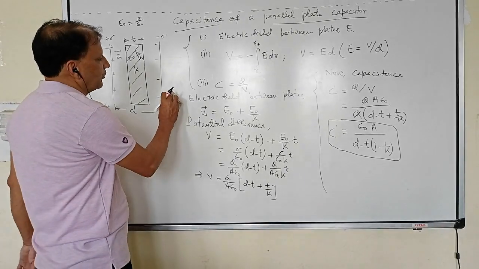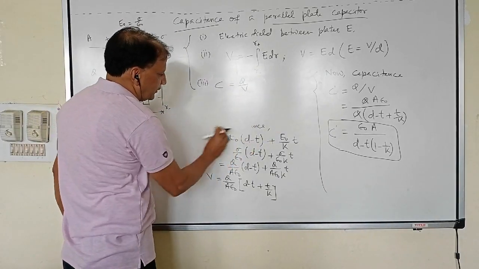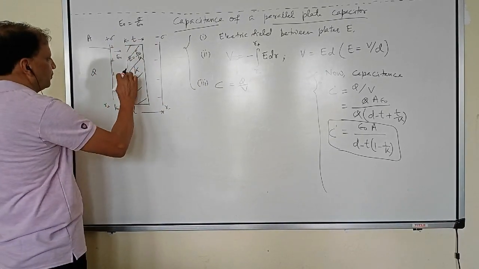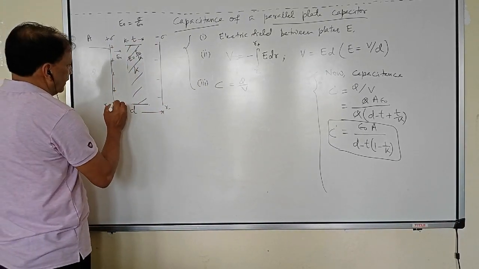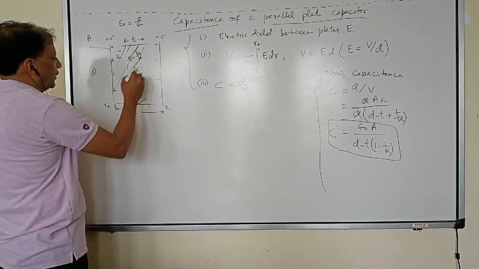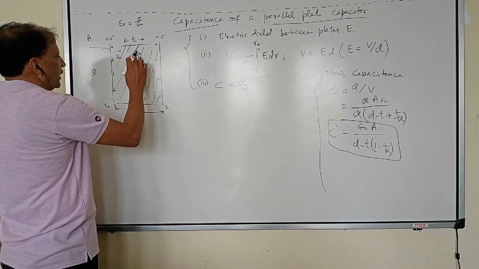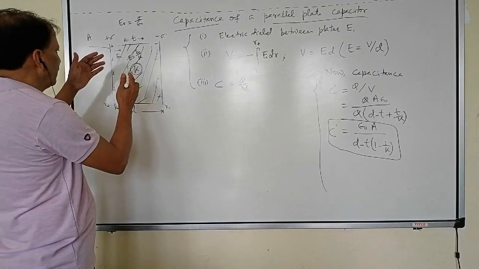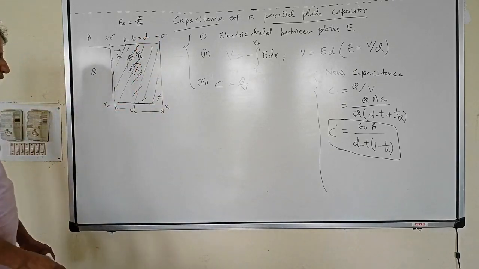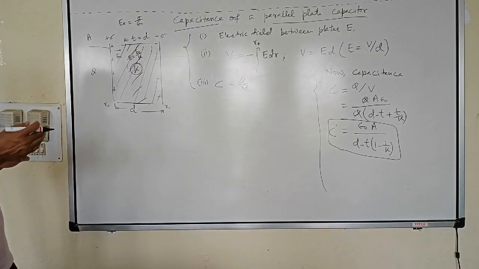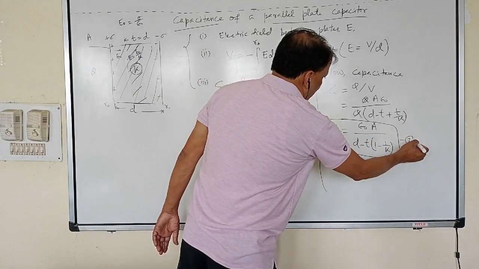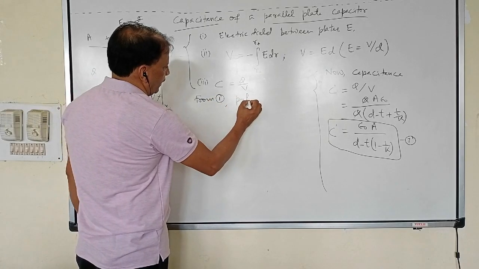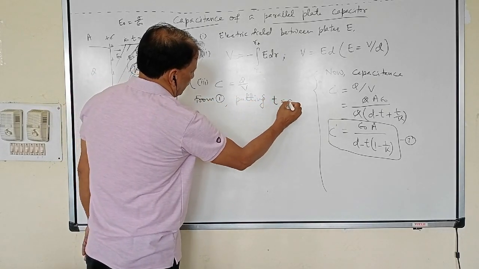Now, special case if you want to see. So you have written all these things. Now you see, special case. That is, whenever the space between the plates is completely covered with a dielectric whose dielectric constant is K, in the intervening space between the plates, that is whenever T becomes equal to D. If the space is completely filled with dielectric, in that case what will the capacitance be? From here you can see that's equation 1. Now, from equation 1, putting T is equal to D.